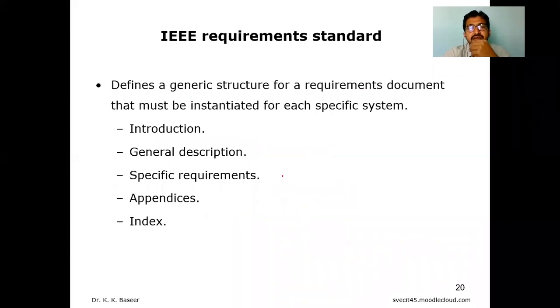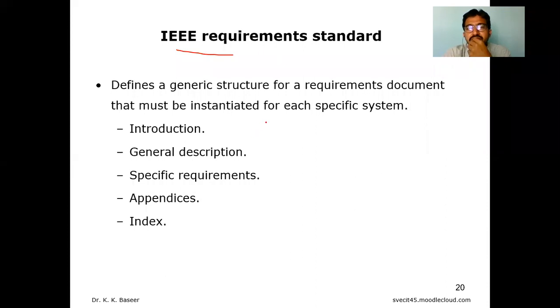If you see the standards, you have already submitted the different standards here, the IEEE requirement standards. Whatever template you followed for doing the week one program, the same template you already have for your projects. You know the template. In the same fashion, here also there is an IEEE requirement standard.